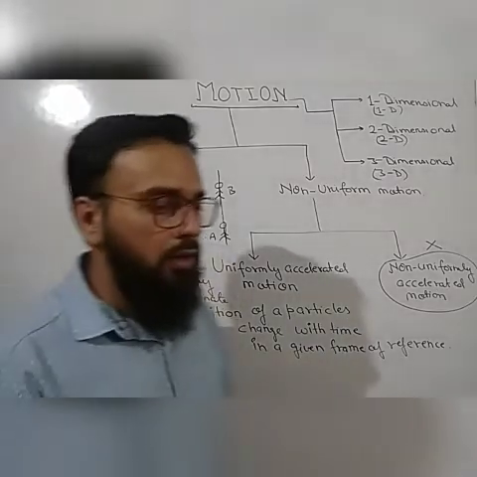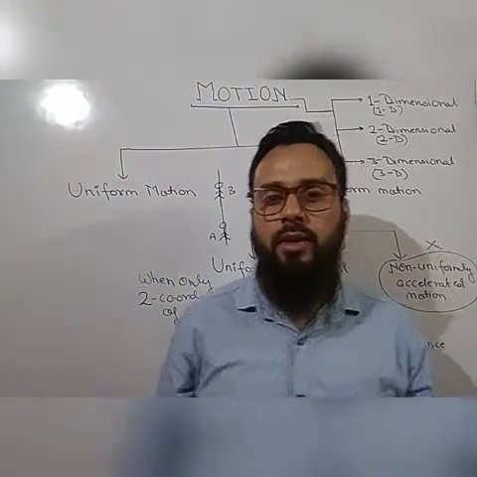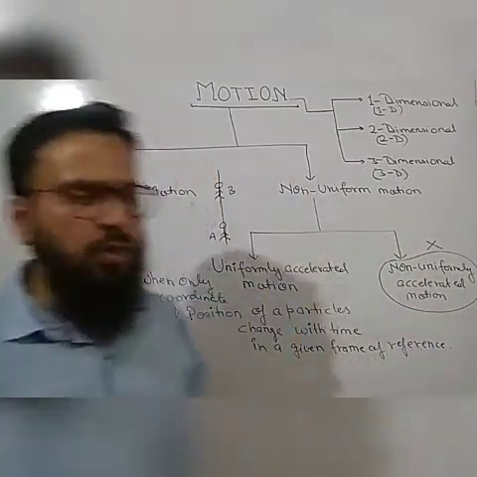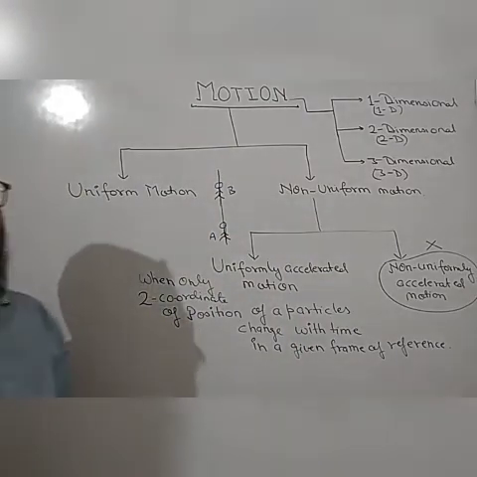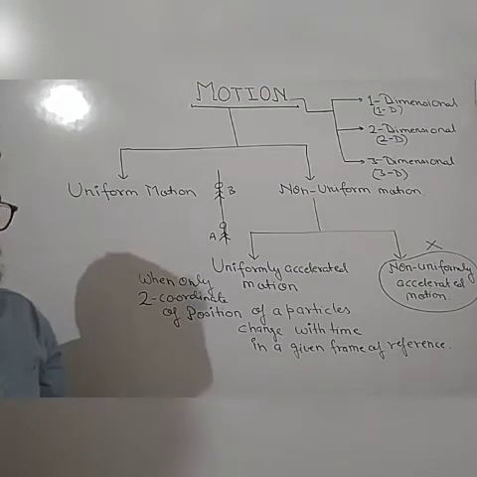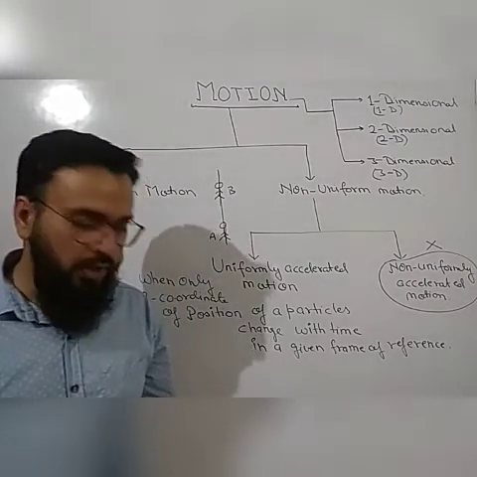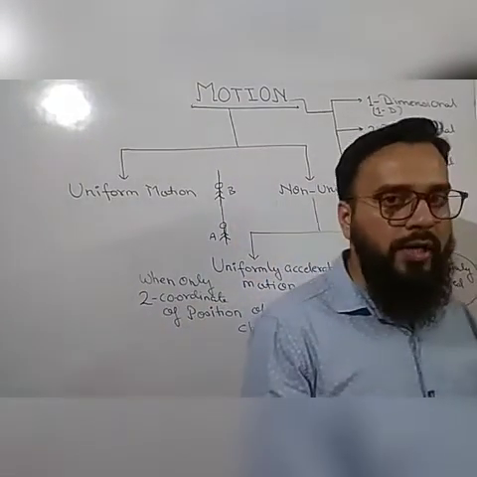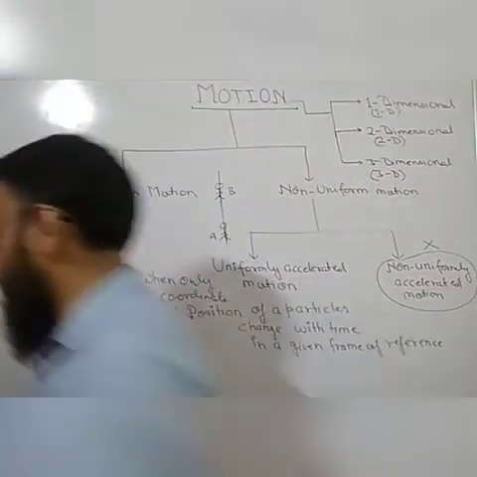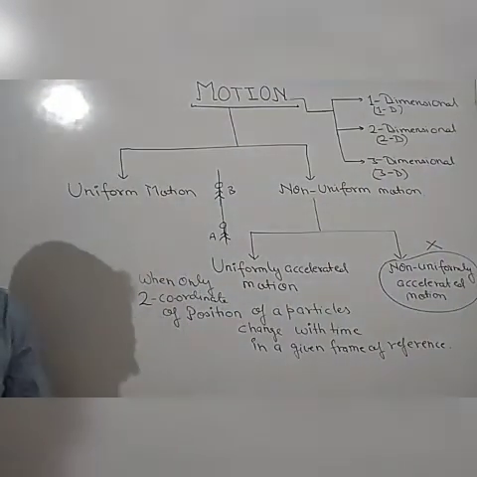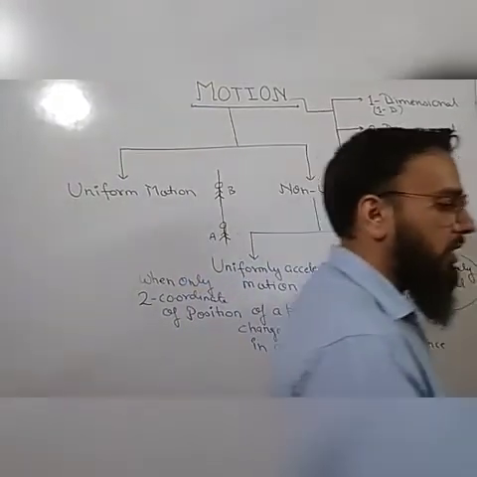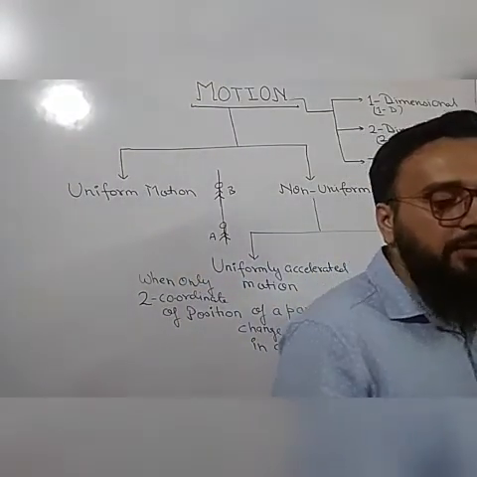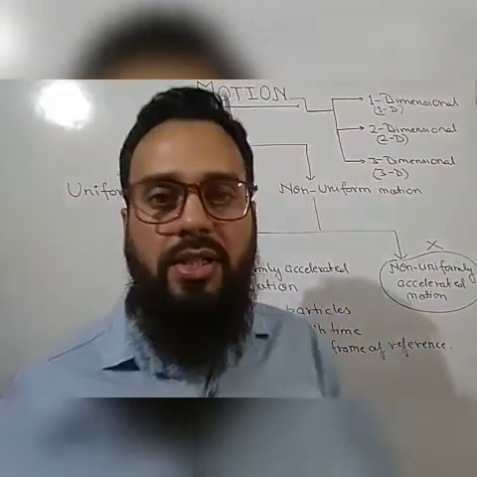Suppose you are moving on your floor, on the road, on a floor, anything. When you move on a road or floor and your motion is not on a straight line, suppose I start moving from here, first I go to this point, then I move here, then this time. In this way, when I am moving on this floor, my position is changing. When I am going this way, then our x coordinate is changing. Suppose now I move in this direction, then our y coordinate changes.